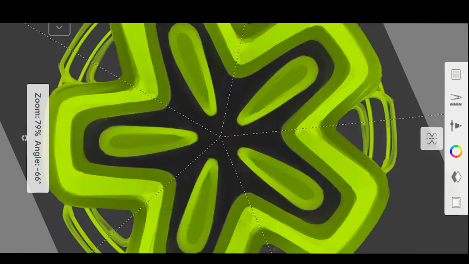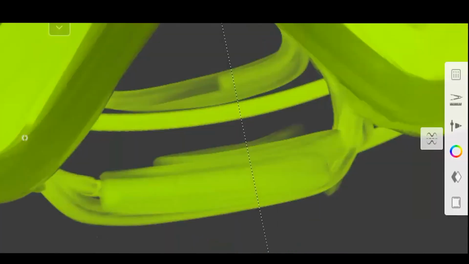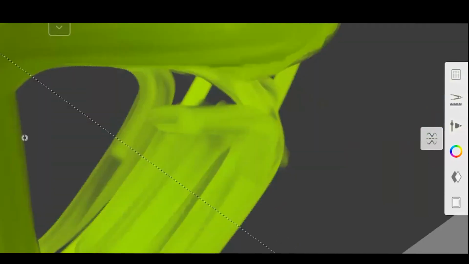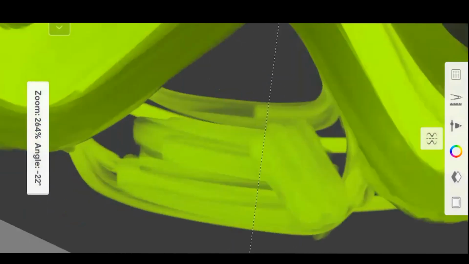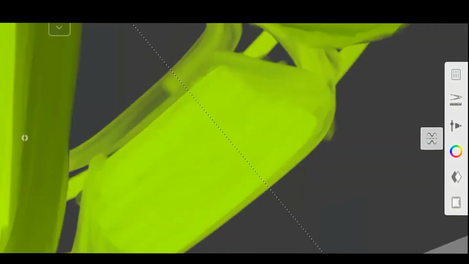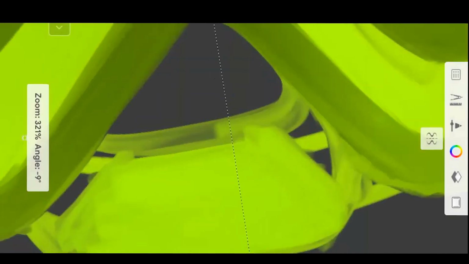Again, I will increase the size. And for fast results, we should use multiple strokes so that we can do the blending process later, but the basic shapes can be prepared faster.